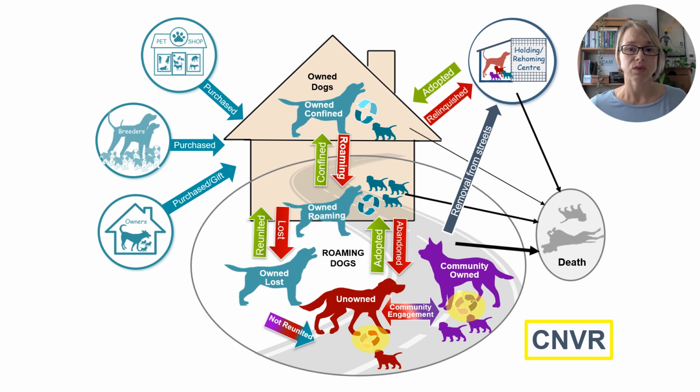When we bring in CNVR, what we do is directly impact these processes, the birth rates within the community and unowned dog subpopulations, which is important. Where these are a significant source of the next generation of free roaming dogs, this is impactful on future numbers. It also prevents the suffering and dying of many puppies. But it does not impact those other processes. So if you have plenty of owned animals that are allowed to roam, or unwanted owned animals, including puppies that are abandoned, then your CNVR impact will be blunted.